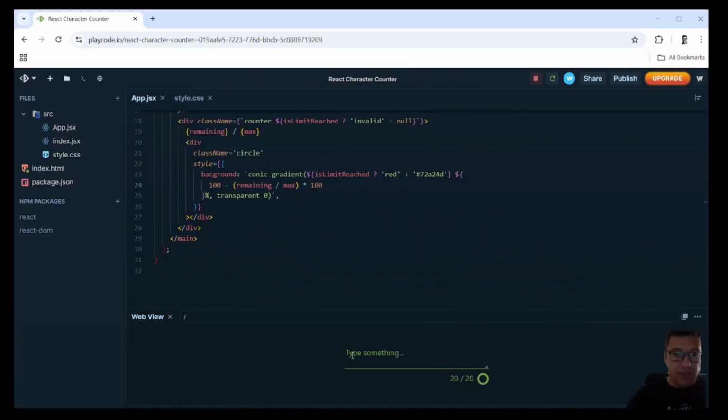Alrighty, so now let's start typing, and let's see if we were successful. No, we were not successful. I have my property spelled incorrectly. Okay, now when I start typing, as you can see, my circle is filling with color, and my available characters are decreasing. When I reach 0, it's all red because this invalid class is activated and I cannot type anymore. One more time,